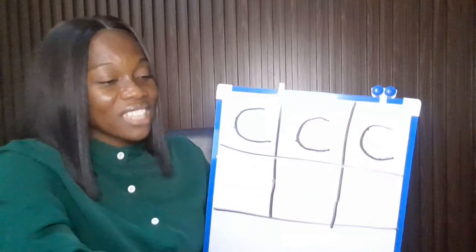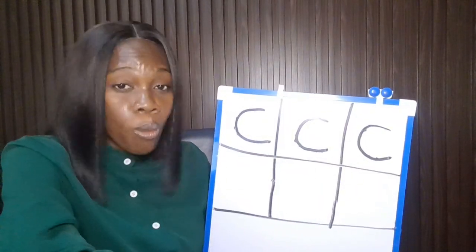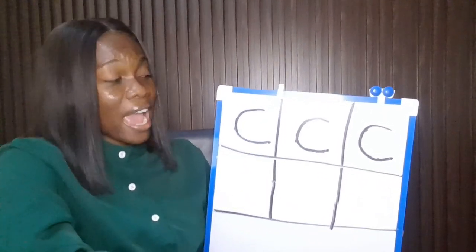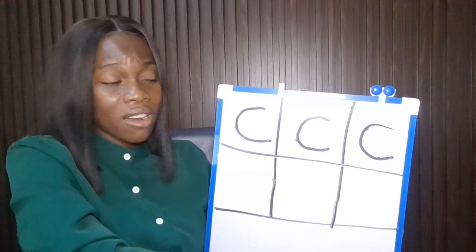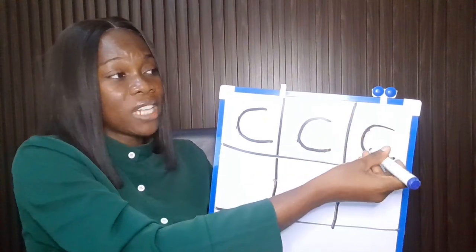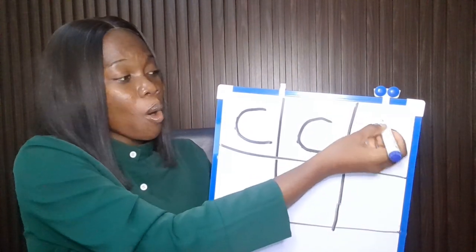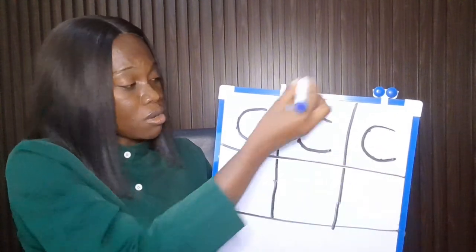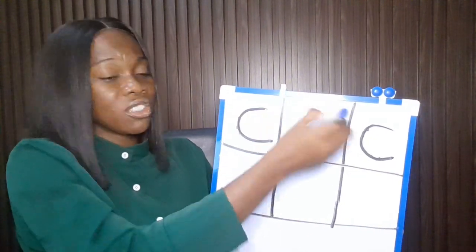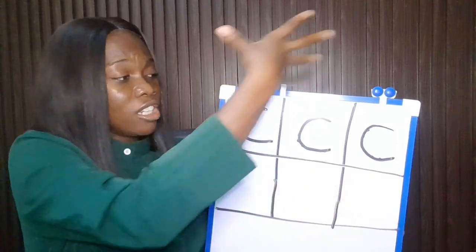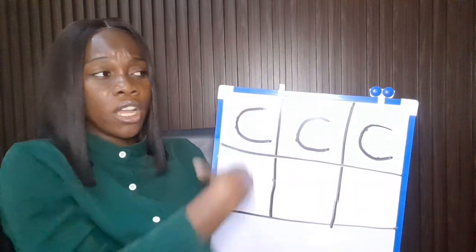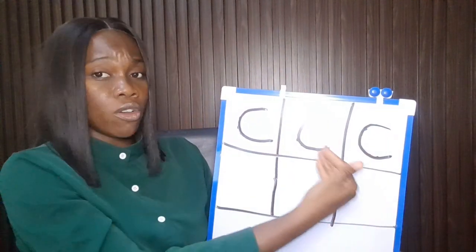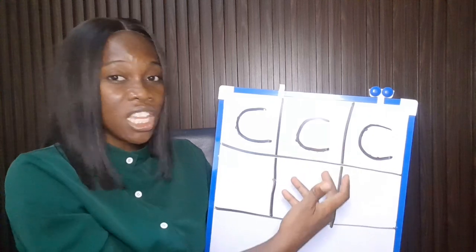So we are done with this, and I'm taking this as a homework, as a reinforcement. And I'm putting up a sticky note at the corner saying, please, dear mom or dad, help hold your child's hand because we have introduced a new formation. So the mom or dad is holding the child's hand. So the child is coming to school the next day. You're doing the same thing on the whiteboard. You're checking to know if the child has now understood what a back curve is on his or her own